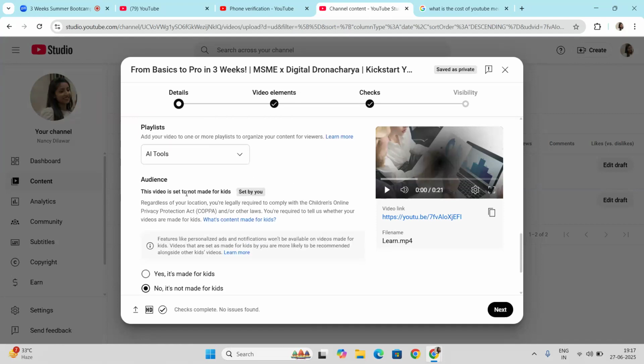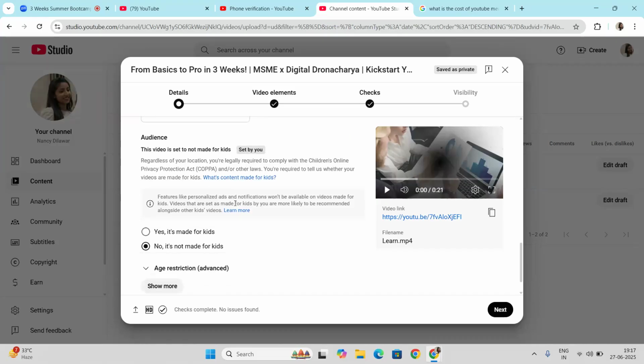Then you can see one option, whether the video is made for kids. You have to always keep it as no, it's not made for kids, if your content is not for kids. If you are creating a channel with rhymes and poems for kids, then you have to click yes, it's made for kids. You have to specify this content is only for kids.